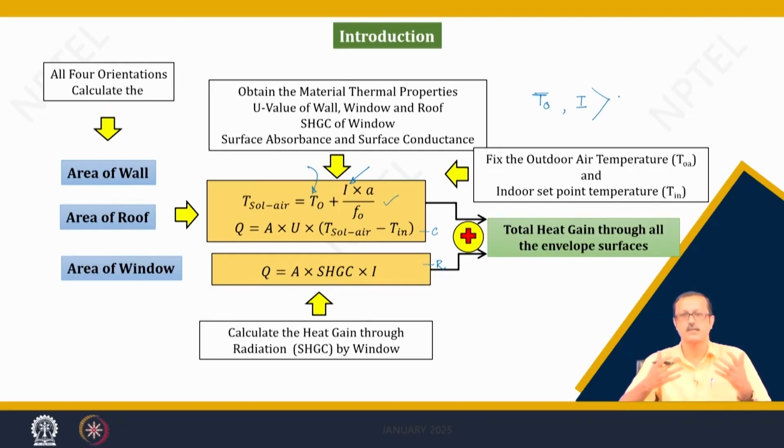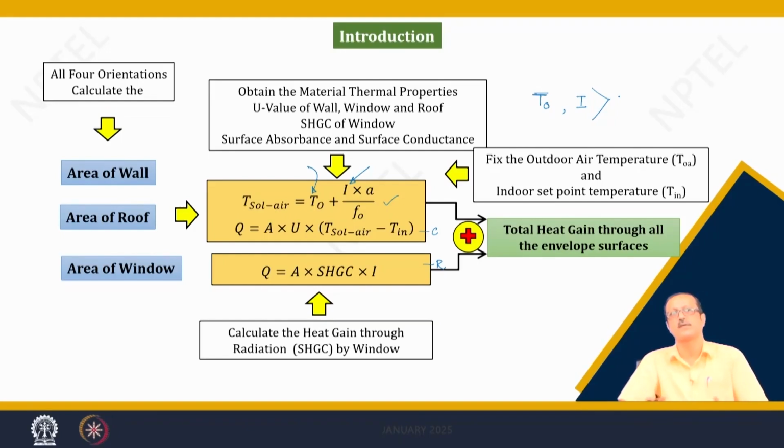The solar radiation is also not uniform over the various parts of the building. The wall on the eastern side, the wall on the western side, or maybe the southern side will definitely not have uniform solar radiation at a particular time. We have discussed that earlier. So, this fluctuation of the solar radiation and the outdoor temperature has to be taken into account